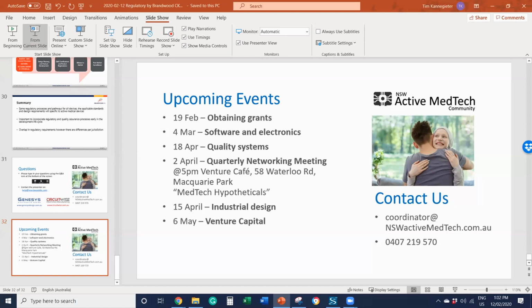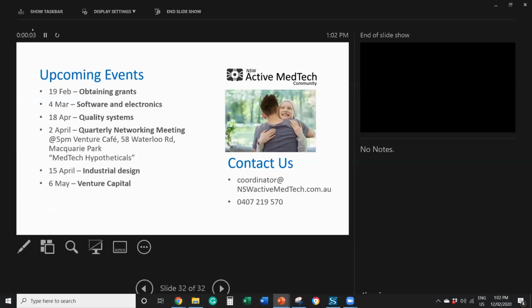Okay, so I just want to quickly raise awareness of the upcoming events. Next week is obtaining grants. We're going to talk about funding, which is always uppermost in the mind of most of our clients. Then we're going to move to a fortnightly program. We're going to go back into the software electronics field and do a deep dive into some aspects of that.